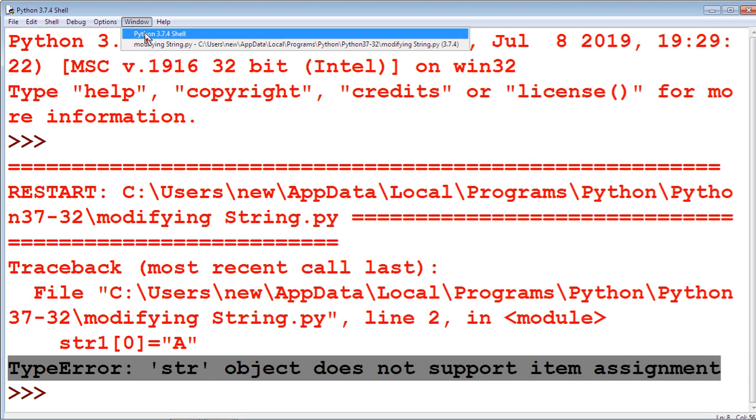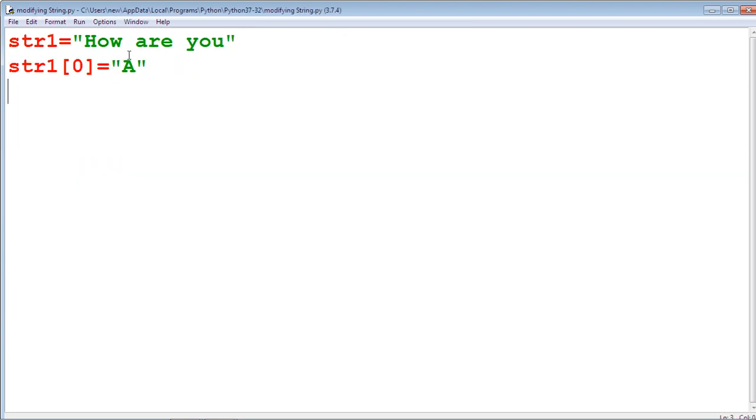So we change this one by the entire string. We can change this by the entire str1 equal to how about you. This modification is allowed. Total modification, this is the total modification.